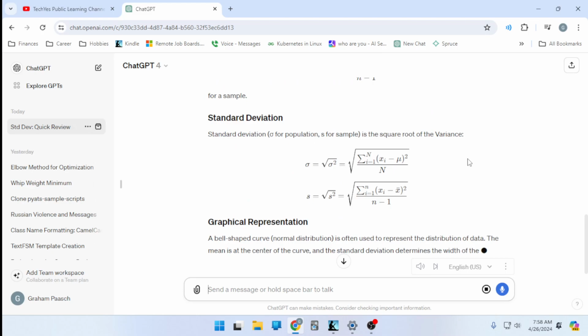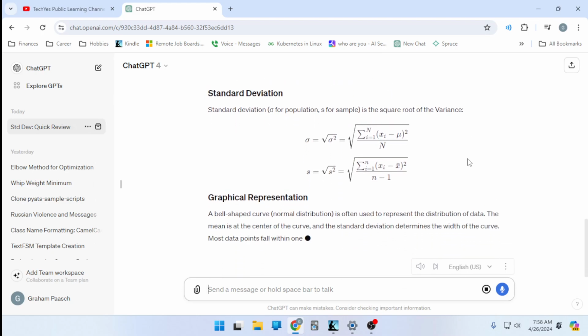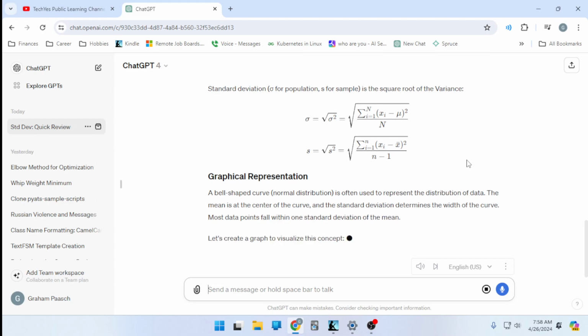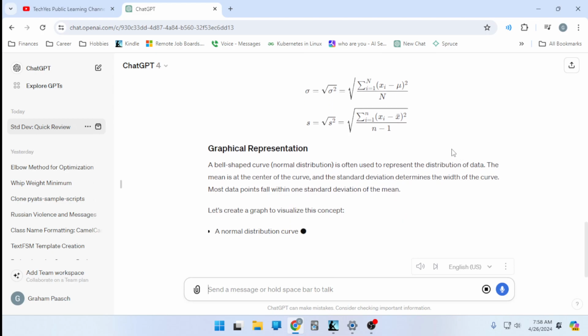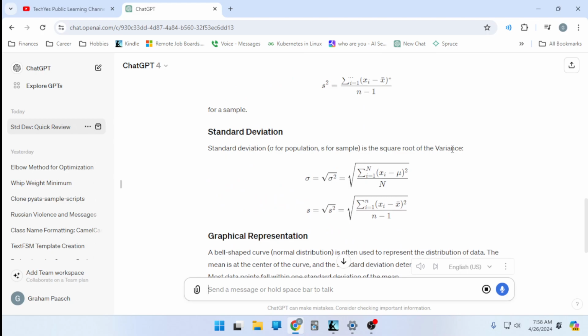Standard deviation, sigma for population, s for sample, is the square root of the variance. Sigma equals the square root of the sum from i equals 1 to n of (x_i minus mu) squared, divided by n. s equals the square root of the sum from i equals 1 to n of (x_i minus x bar) squared, divided by n minus 1. Graphical representation: the bell-shaped curve, the normal distribution, is often used to represent the